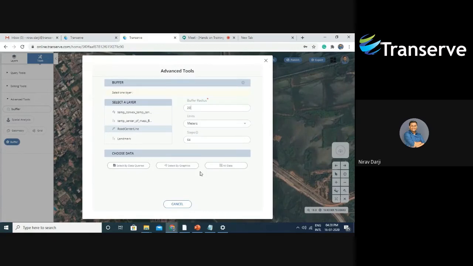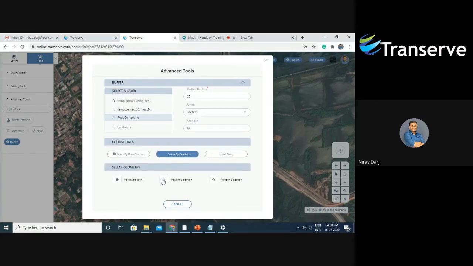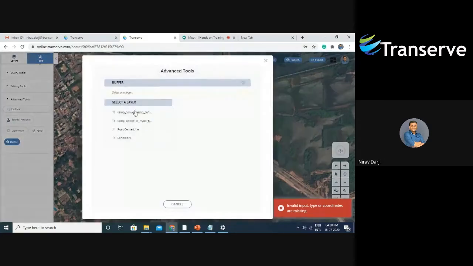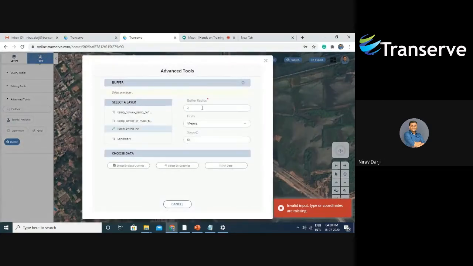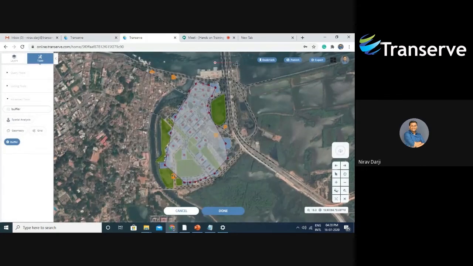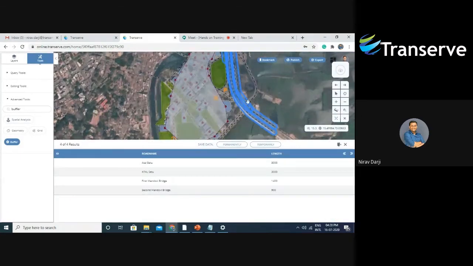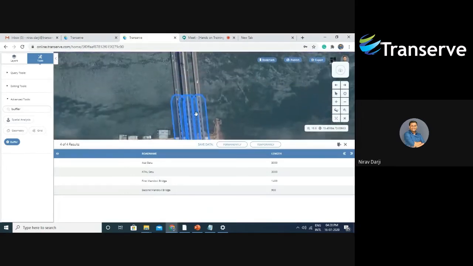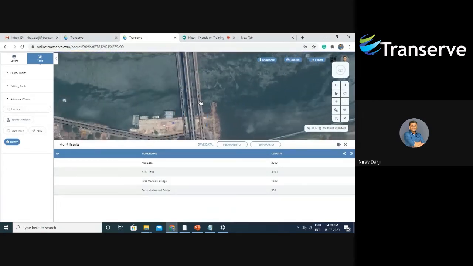So using this buffer tool, you can select by a query, or you can select by the graphics which line feature you want to select. So I am going to select this particular road with a 20-meter buffer. You could see it has given me the buffer because this is the main highway.